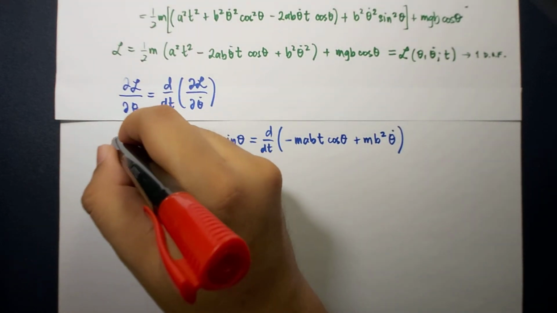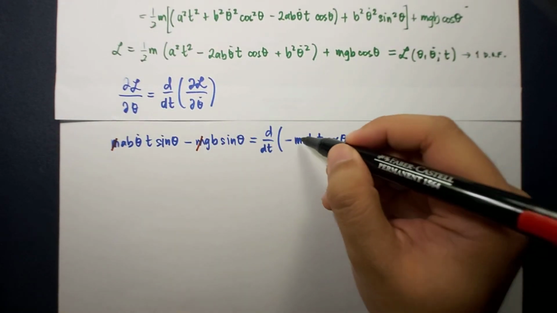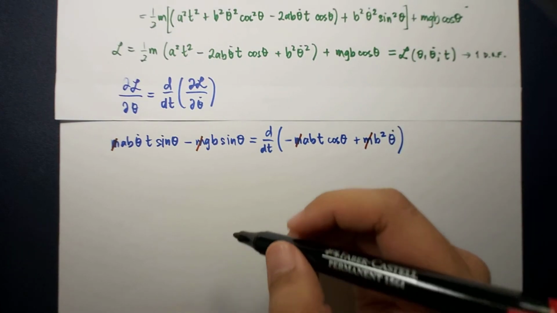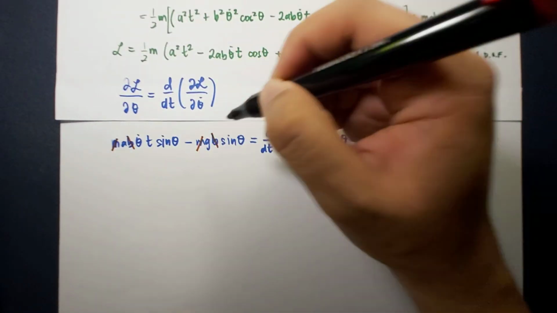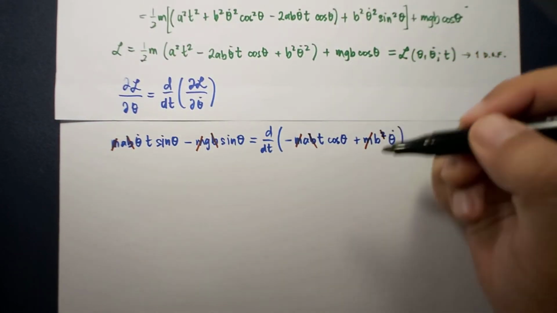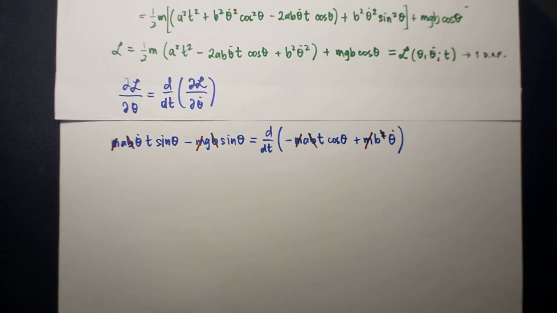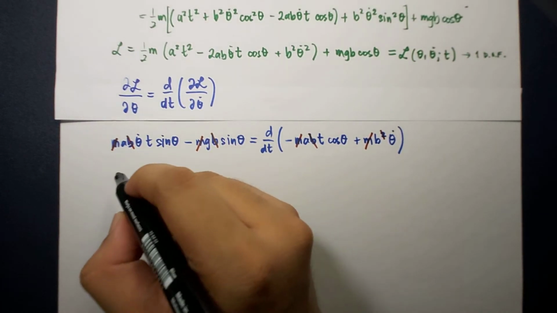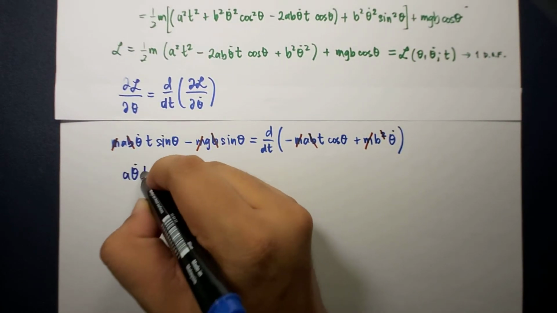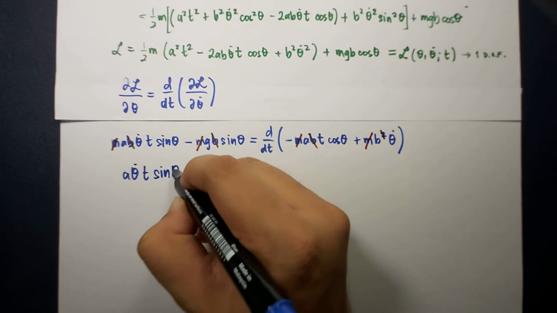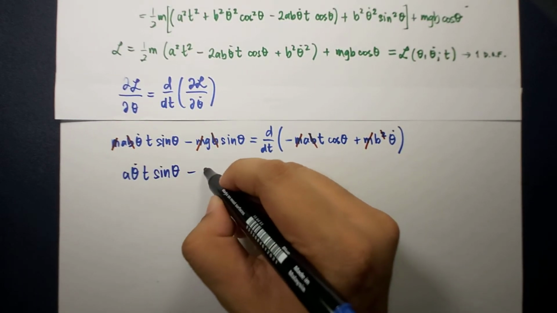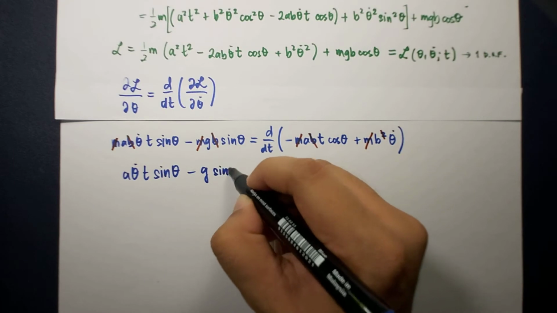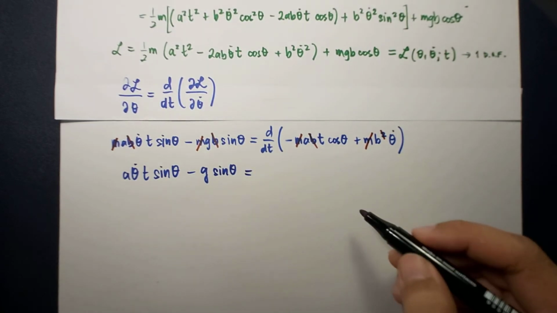So we have m is constant, so we can cancel it here, as well as b is also constant. Okay, so we now end up with a theta dot t sine theta minus g sine theta equals